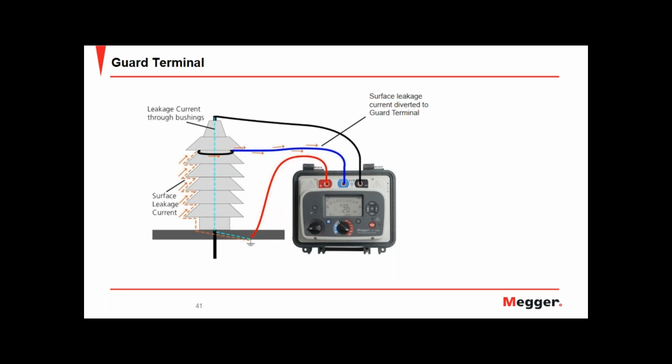I'll take this question in two parts, if I may. If you perform multiple IR tests on an asset and you've not discharged it thoroughly between, remember we discharge upon the end of each test, but sometimes there can be some energy stored in the dielectric which will leak out, it will discharge over a longer period of time. So if we keep repeating the same test, under some instances we will get different values because we've preconditioned the insulation resistance. That could also be true if somebody's done